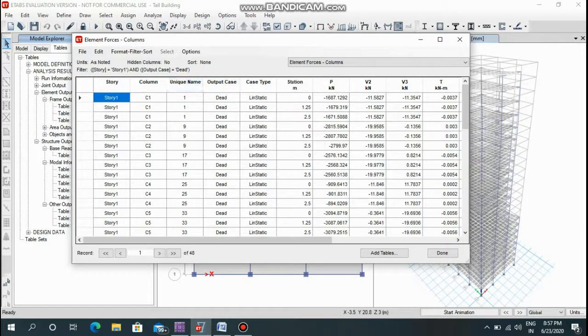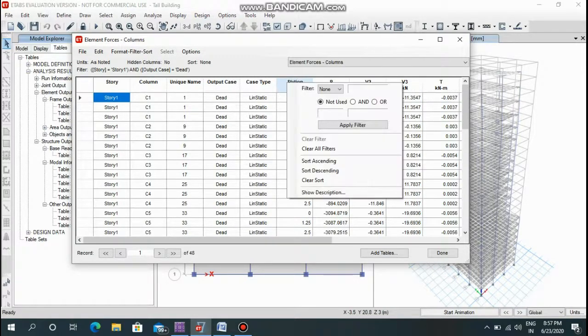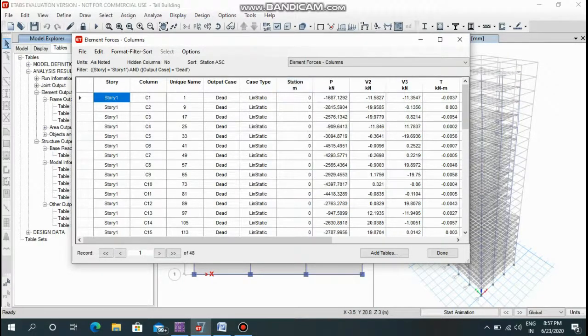You can see that there are 3 loads for one column. So go to the station and right click on it and click on sort ascending. You can see that column C1 to C16, you can see the columns from C1 to C16. So the dead loads are here,